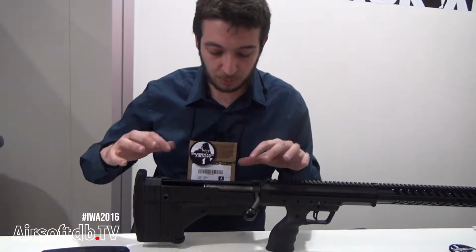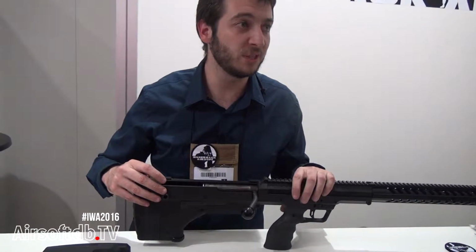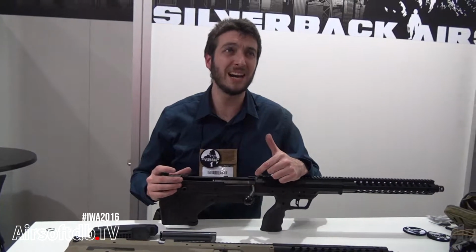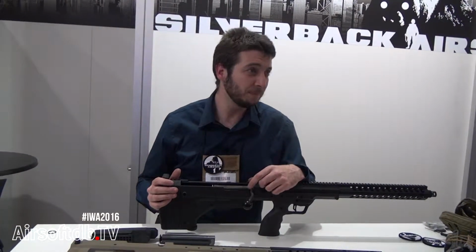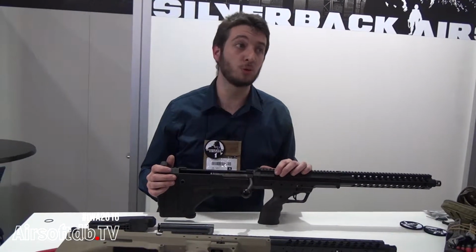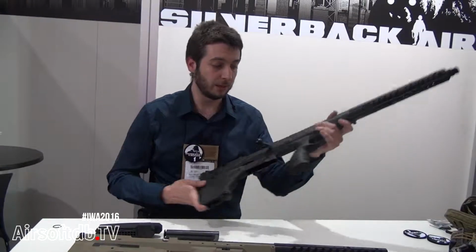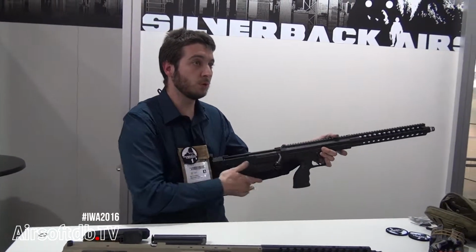And this one is using APS spring 13 millimeter. And currently inside this gun is a PDI APS 240. And with this spring we can reach 3 joule. So 3 joule with a spring like that, as you can see, it's very smooth to cock, and you have